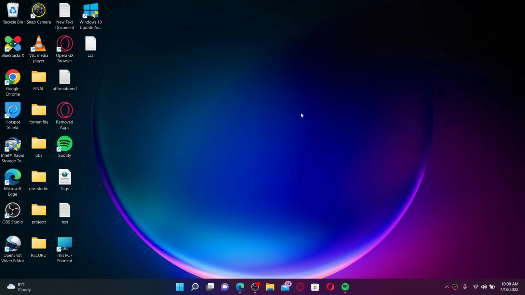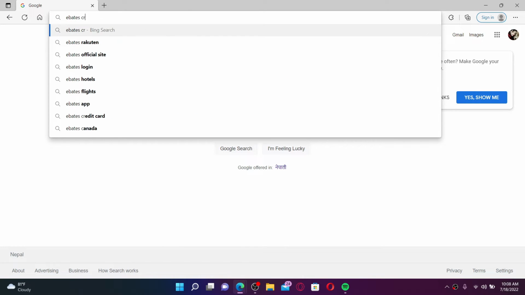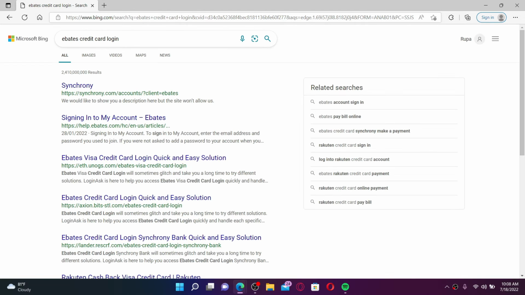To log into Ebates credit card, open up a web browser. In the search box at the top, type in Ebates credit card login and press enter on your keyboard. Your Ebates credit card is issued by Signin Bank, so let's click on this first link that says Signin, which will take you to the login area from where you can log in and get access to your credit card